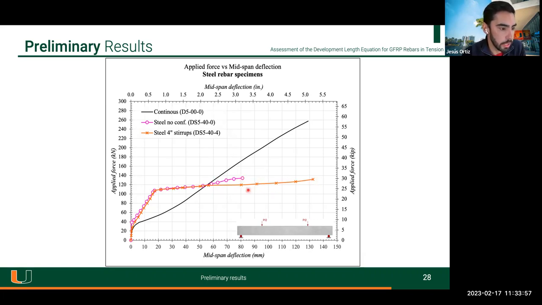So here we can check that the orange one has stirrups every 4 inches. This pink one doesn't have any confinement. But when you compute the required development length for steel, it's around 20 dB. So we are putting 40 dB. Of course, it's larger than the one that is required. It doesn't have any